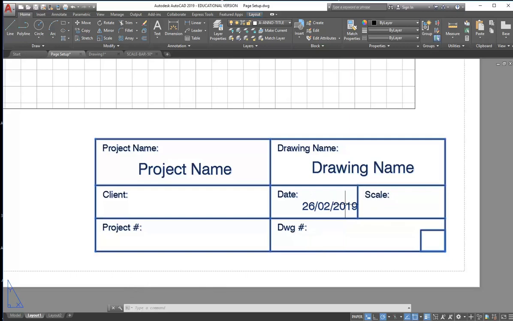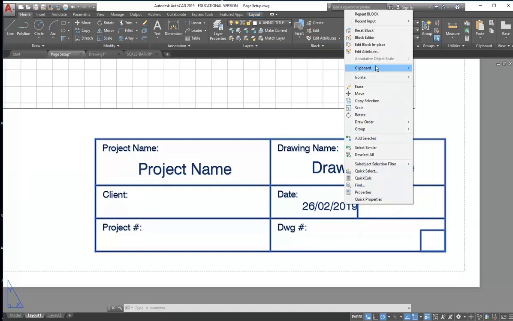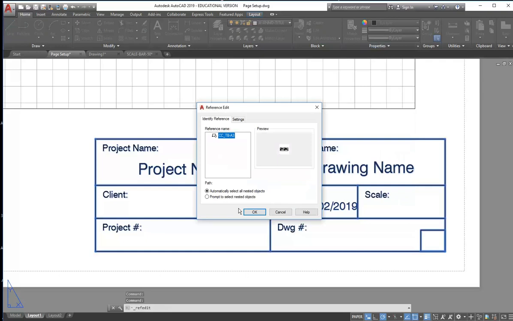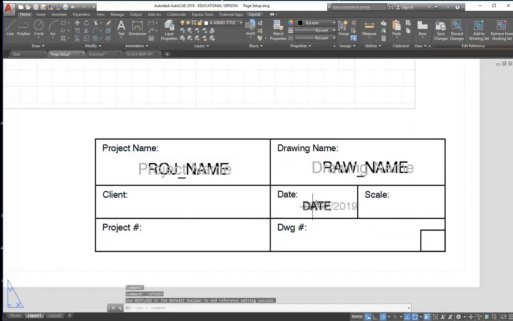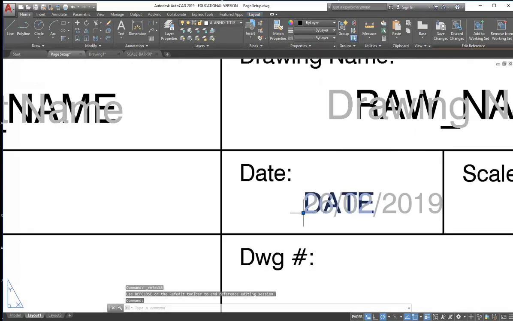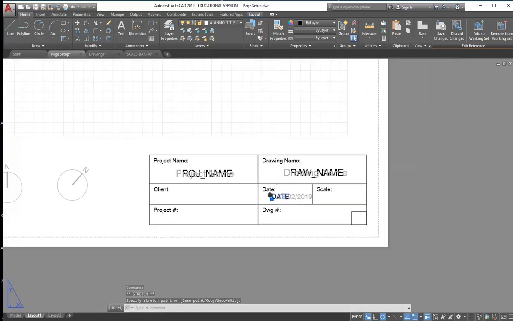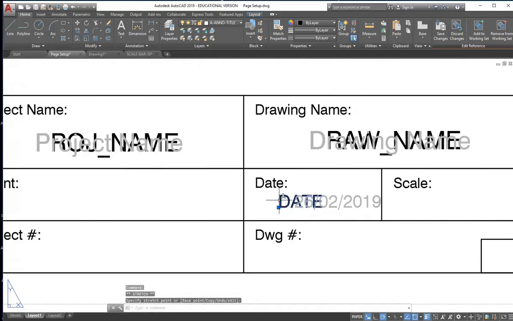So I'll go now to edit that block. While it's selected, right click, and a good way is to go to edit block in place. Click OK, and then you get a chance to adjust those fields. So I'll just move that one across. You can change the